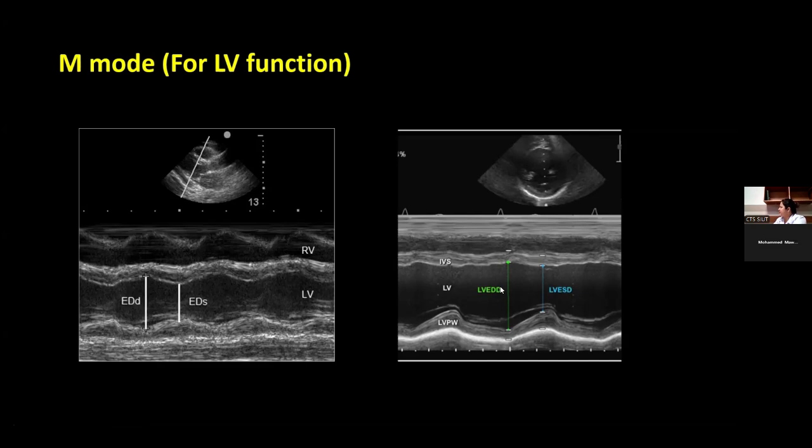Or if your graph is not clean, if it is a little messy, then you may put your cursor a little up, and it may give you a low EF, which is actually not right. So you have to make your inferences by looking at it qualitatively as well as quantitatively. You don't have to rely only on the M mode. You have to use some other measurement. If you feel visually that it is mild, or normal, but the M mode is coming out the other way around.